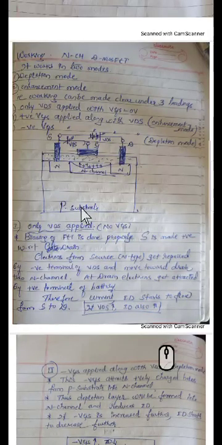Students, in the previous video we have seen the construction of this n-channel DMOS-FET, that is the depletion MOS-FET. What we have seen is a p-type substrate, and an n-channel is formed between two n-type blocks, and this metal plate which is deposited on the SiO2 layer acts as the gate terminal. So this is the source, drain and gate terminal.